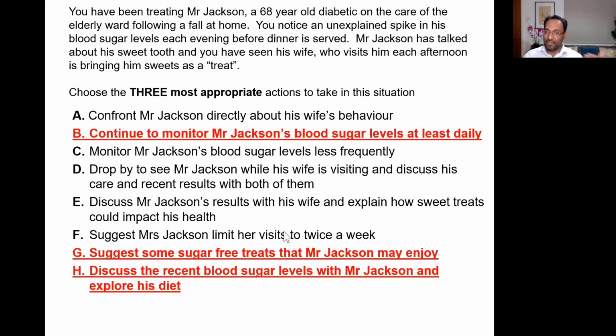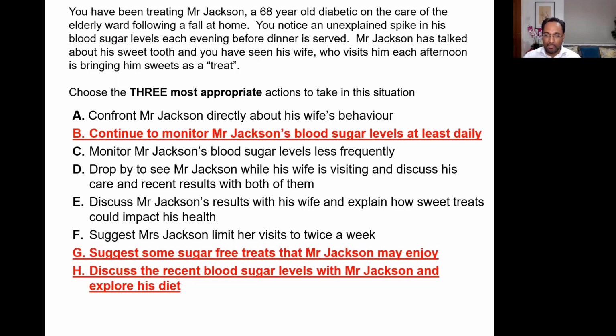So again, think about empathy and sensitivity. Think about the holistic approach, okay? So that's why F's out. So that leaves D and E. You see, in section 2, sometimes you can get rid of options because there's something wrong with them. Sometimes you're only left with good options, okay?